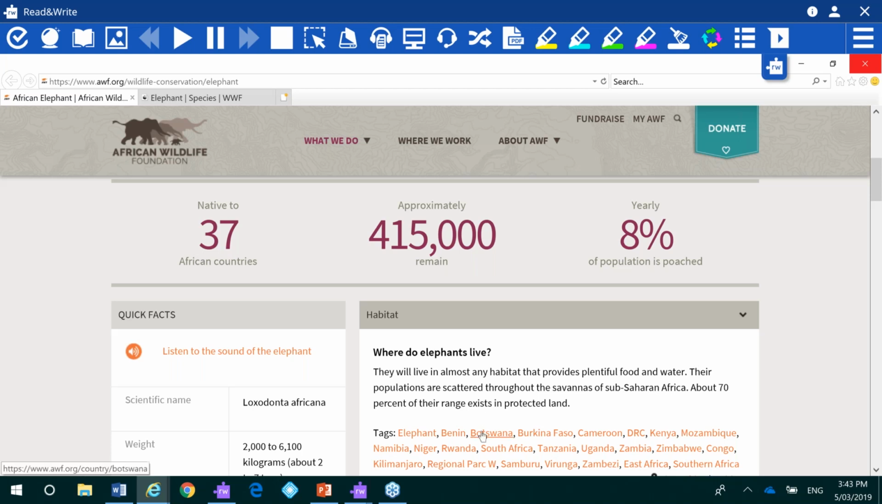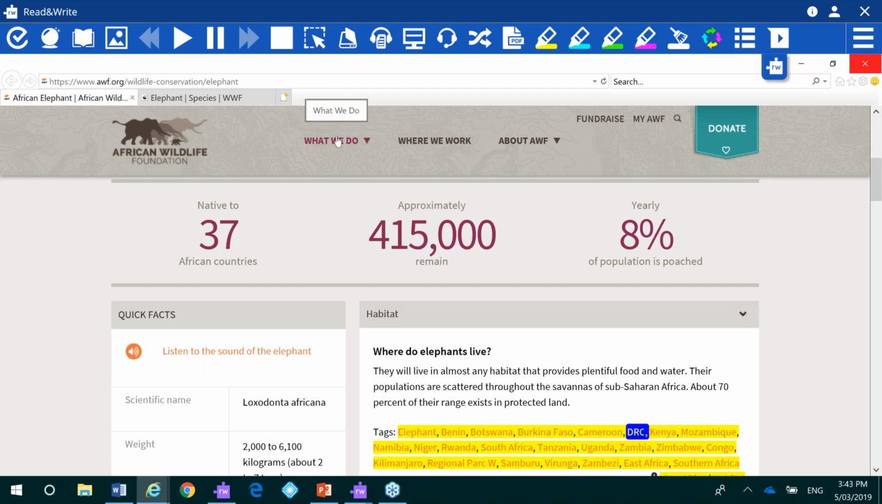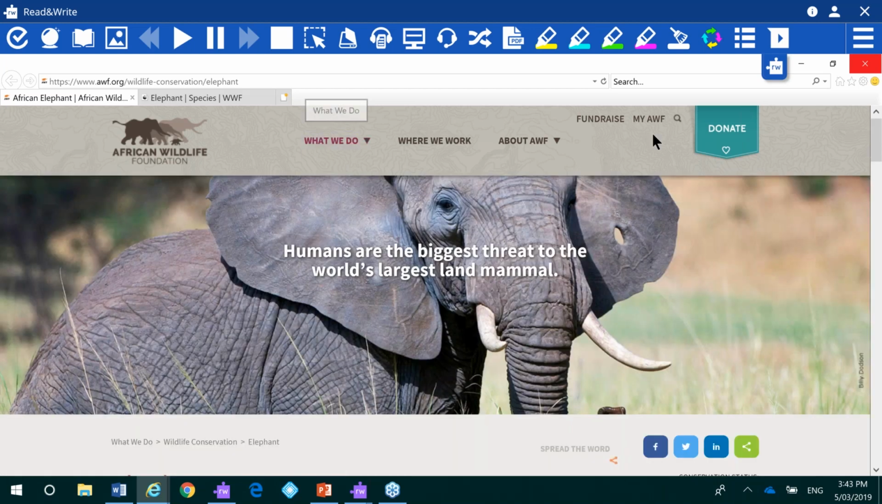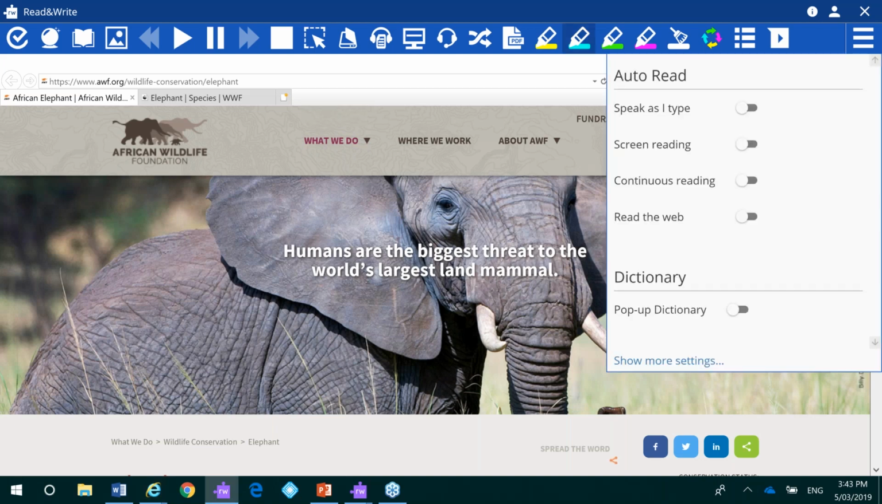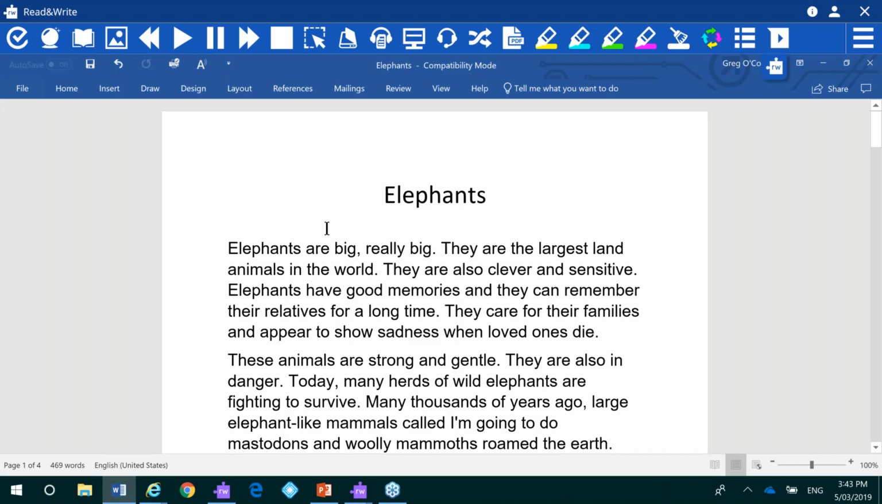But now I can just hover, and it will read that word back to me, or wherever I put my cursor. So that's cool. I'm going to turn that off because I don't need that anymore. I can have Read and Write read wherever I am. If I go back to my document here, as well as that, if I'm on a Word doc or a